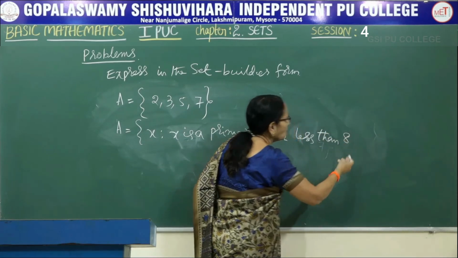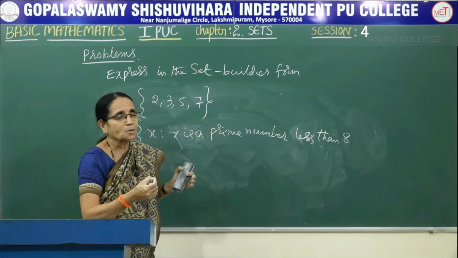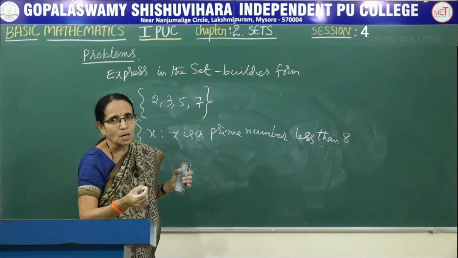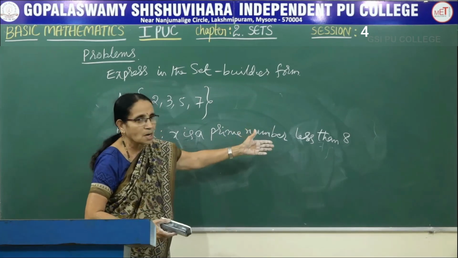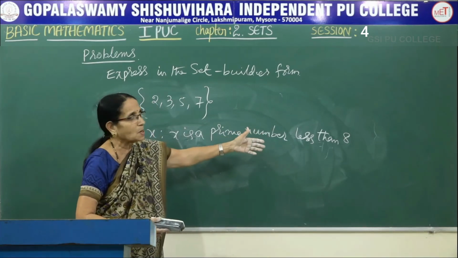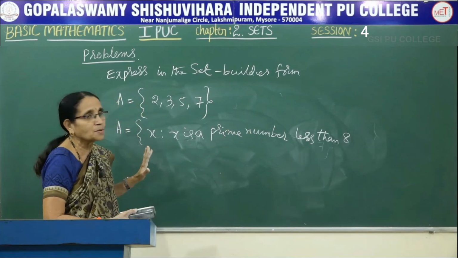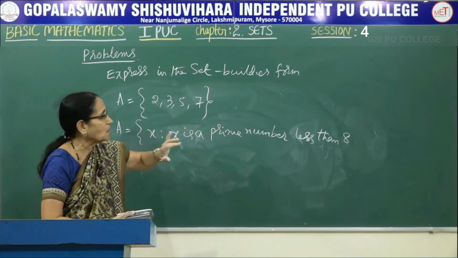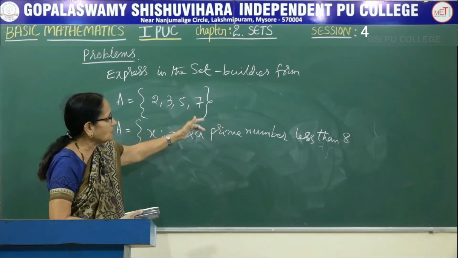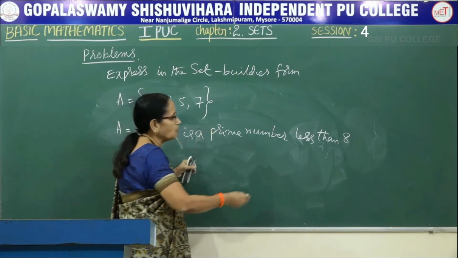8. Also you can write less than 10, anything, because after 7, 8 is not a prime number, 9 is not a prime number, even 10 is not a prime number. So you can write prime number less than 8, or prime number less than 9, or prime number less than 10, even that's okay. If you simply say x is a prime number, you have to consider all the numbers, but there are only 4 numbers. So what is the limit here? The number is less than 8, or you can write 9, 10 also, you get the mark for this.